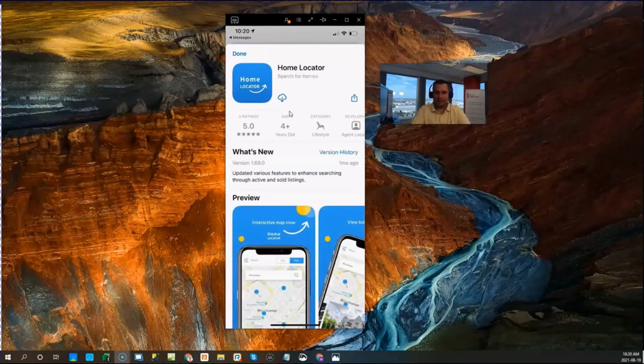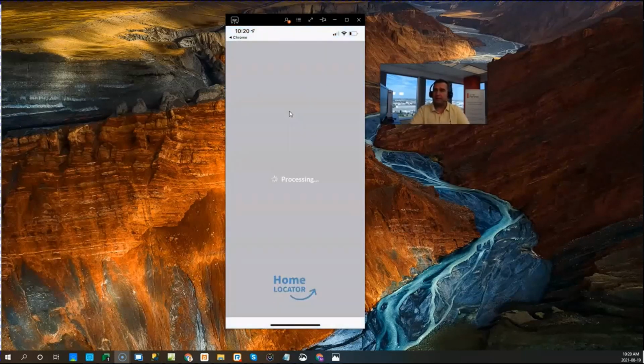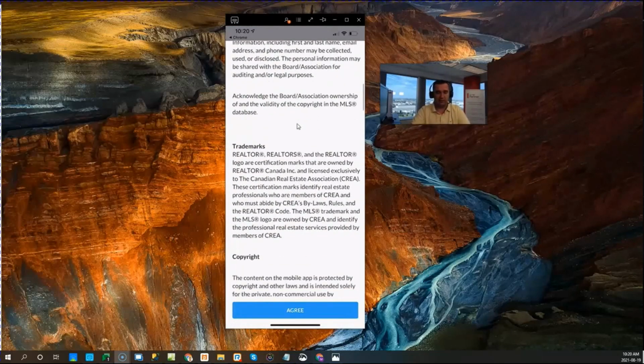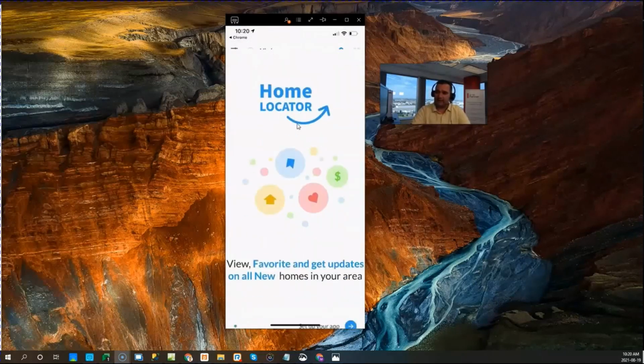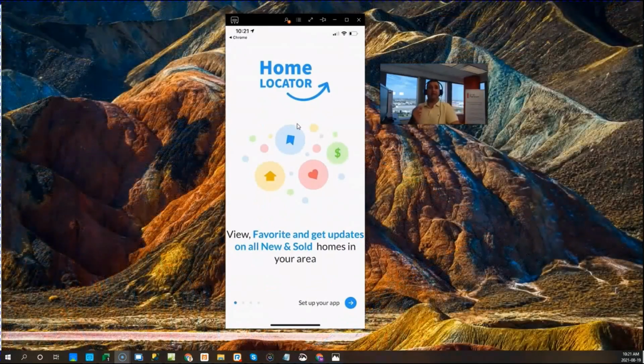Now, as soon as I download the application and install it on my phone, this account will automatically be connected to the real estate account of the agent who sent me the link. And it'll be my account that's connected to it. So I don't have to log in. As soon as I open the application, it will start automatically taking me through the process. I do have to agree to the terms of service that each board has, so I have to agree to that. And then it's going to take me into the application where it gets me to actually set up my